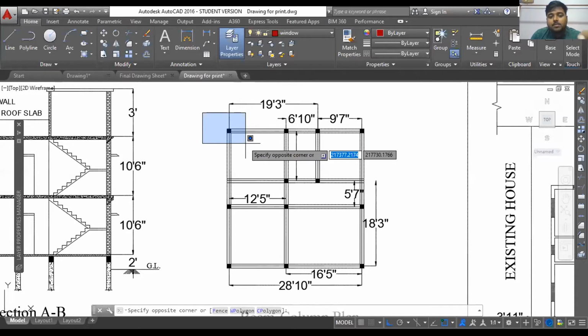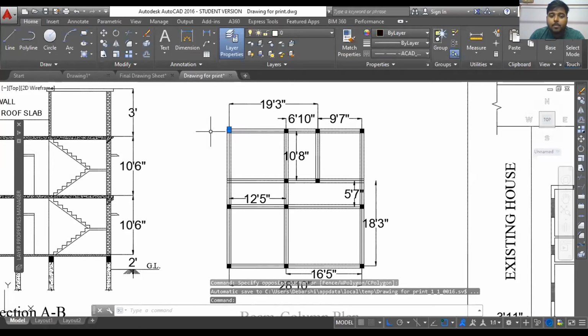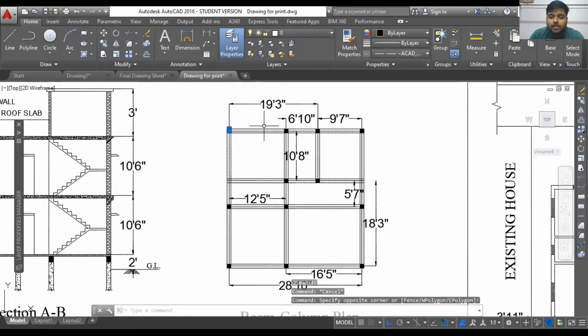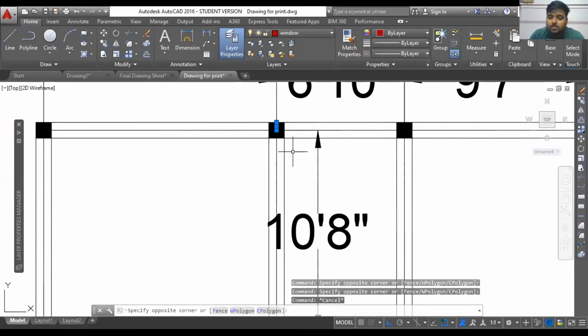You can see some portion of the beam is also coming under this particular blue selection option, but it is still not getting selected because that particular beam is not 100% covered by this blue selection tool. So that is the benefit. I'm only covering the column for 100%. That's the way I can select all the columns.